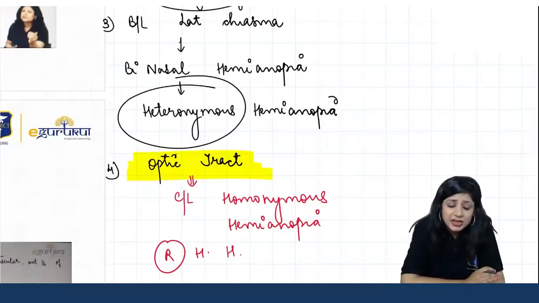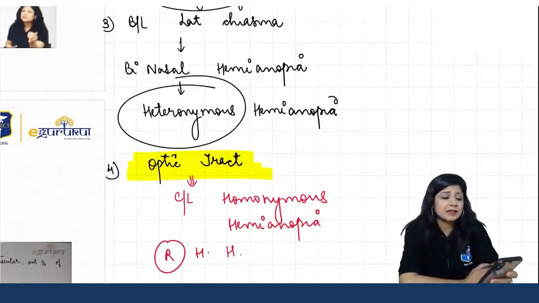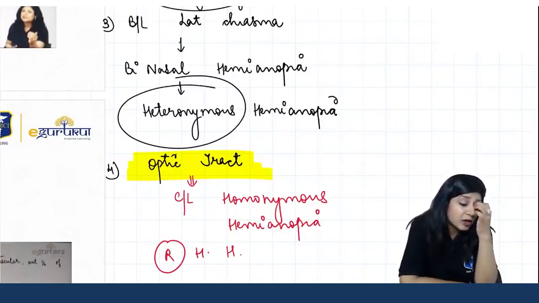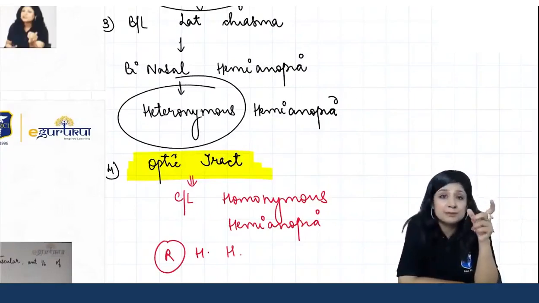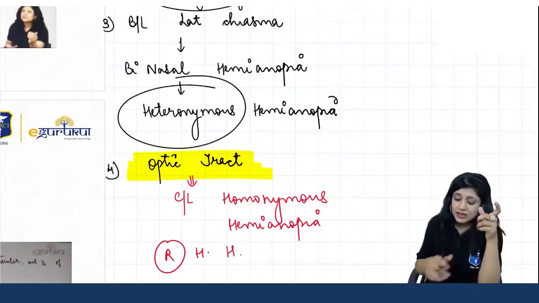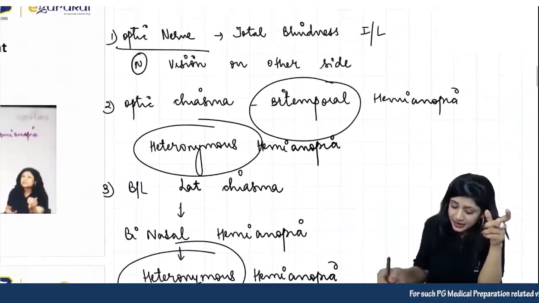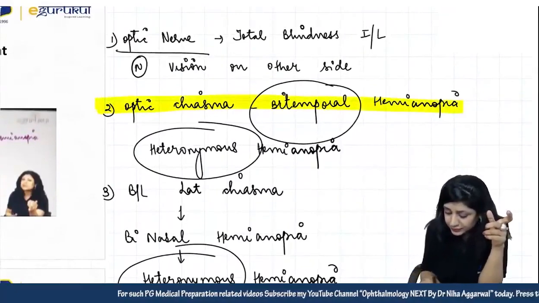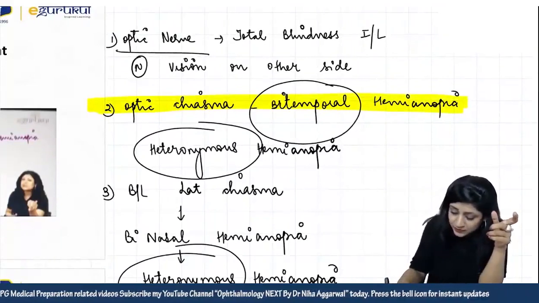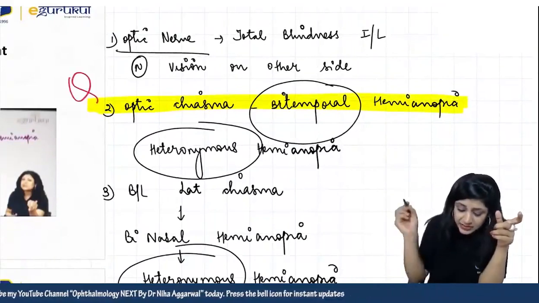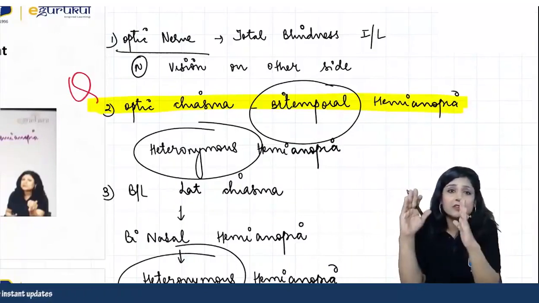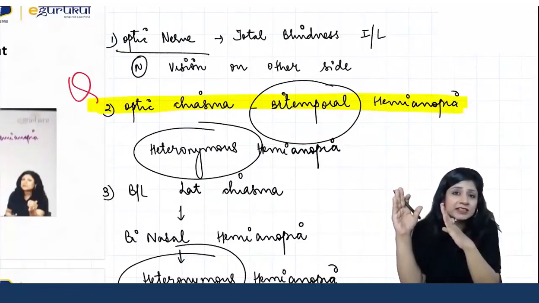Are you sure, Shyam? Guys, please help me. Both temporal field loss was given, or if both temporal field loss was given, see, please make it clear. Then the answer will be the optic chiasma. If the bitemporal hemianopia was given, then the answer is very clear. Then the answer will be optic chiasma. But I get that input that it was the right side of both the eyes that was lost. Please make it clear. What was it?